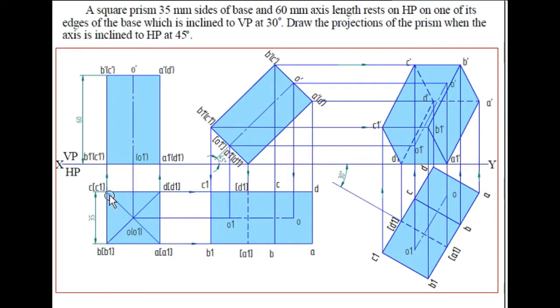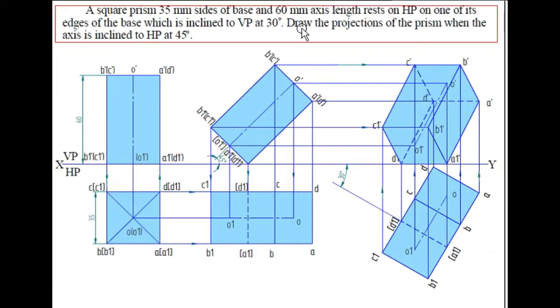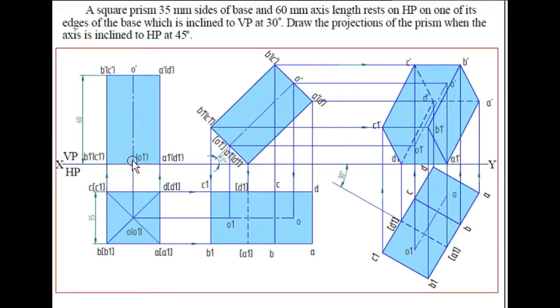So similarly, the projection lines will be drawn upward and we know that the axis length has been given. The axis length is 60 mm. So from this point, a 60 mm length is drawn and similarly, lines will be drawn from the left side as well as from the right side from the corner points from where the projection line has been drawn. So from here to here 60 mm, from here to here 60 mm, and the lines will be joined so that a front view of a square prism will be seen.